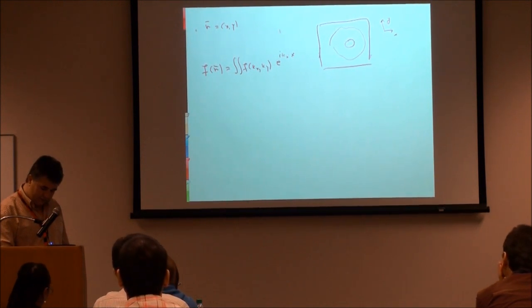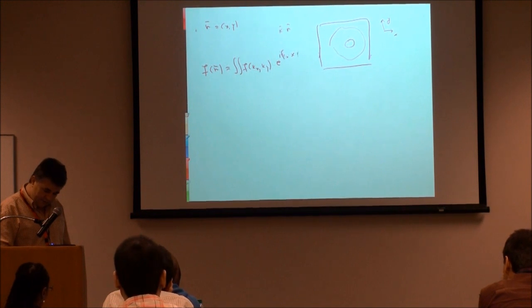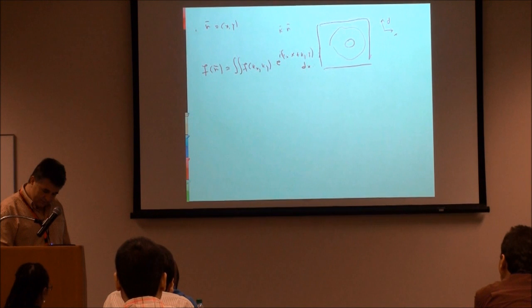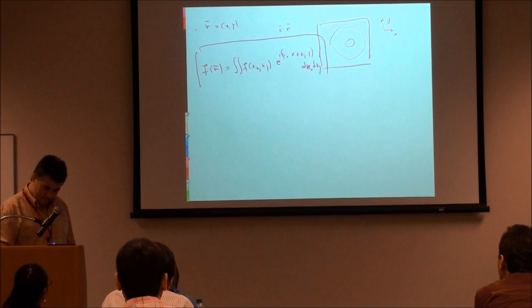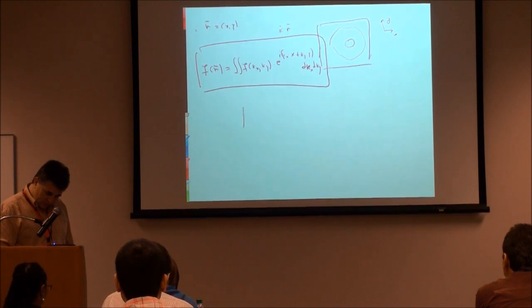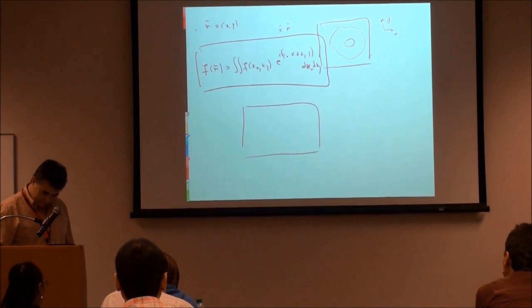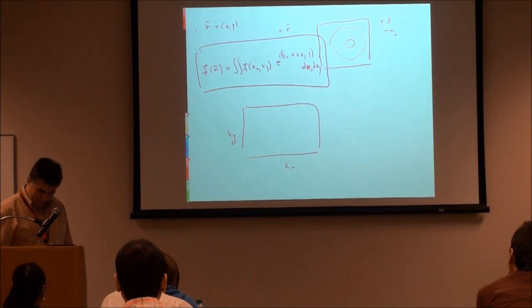Now this is a scalar product, see? So I have kx times x plus ky times y, dkx, dky. What does it mean? It means that in the frequency domain, kx, ky, say something like this,